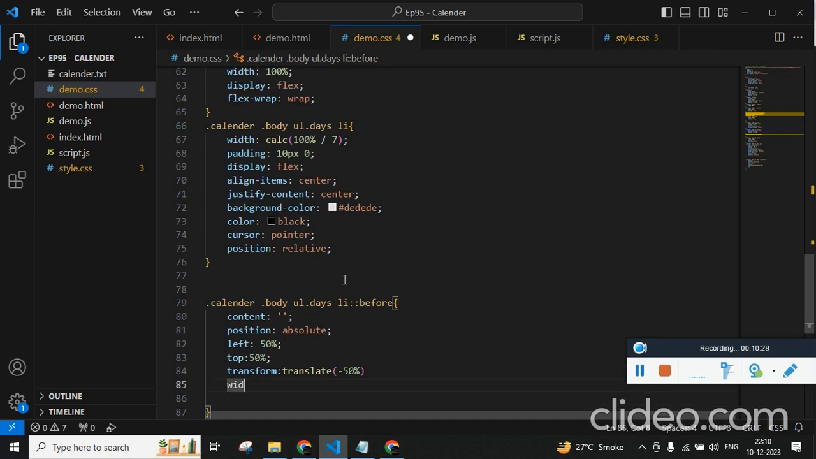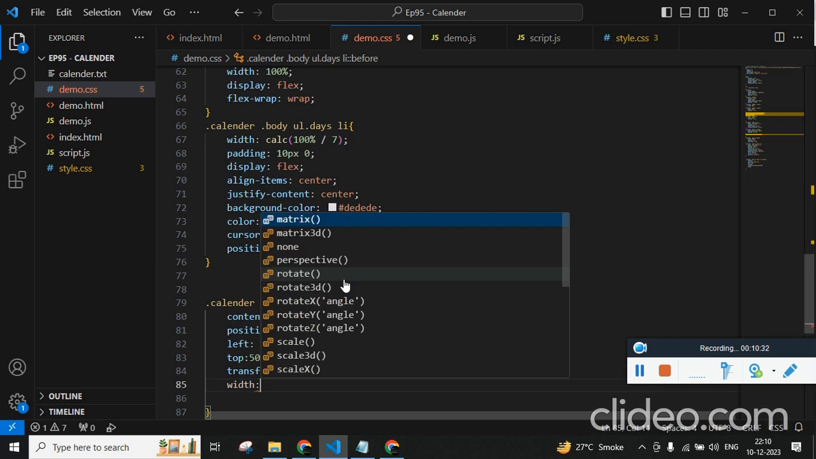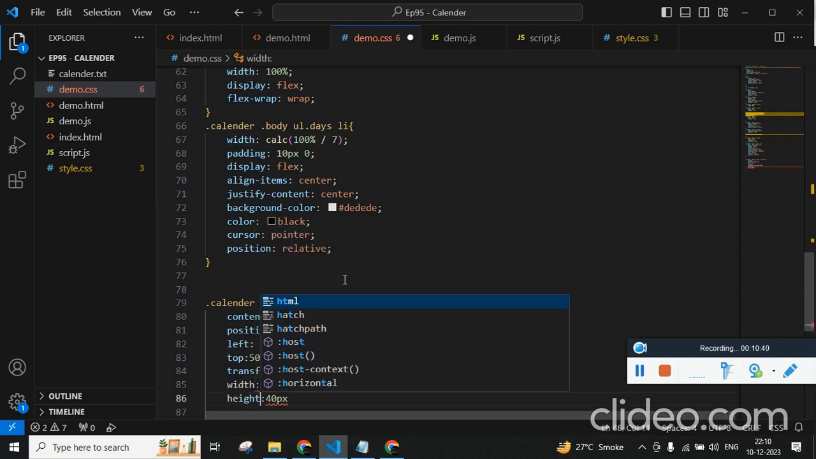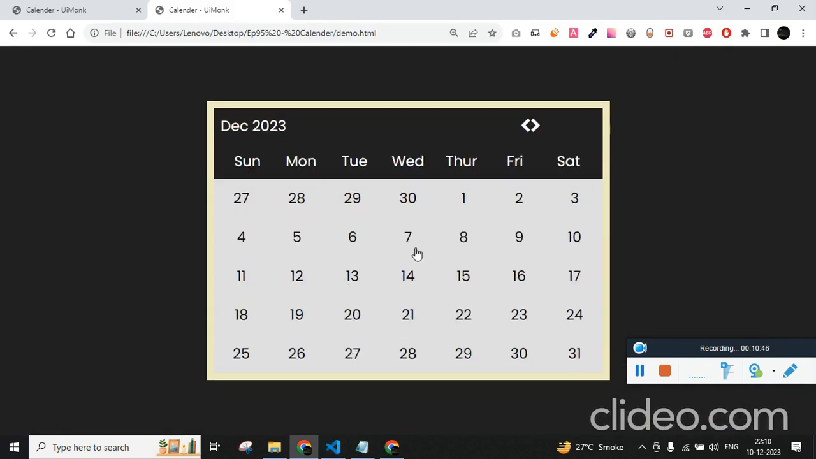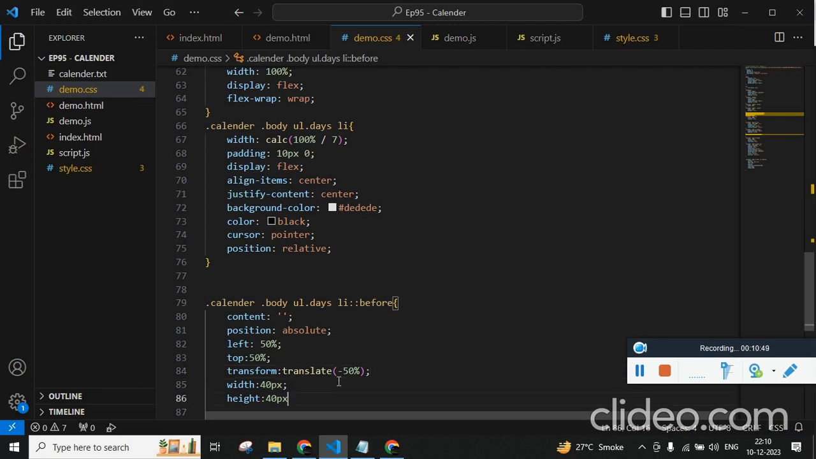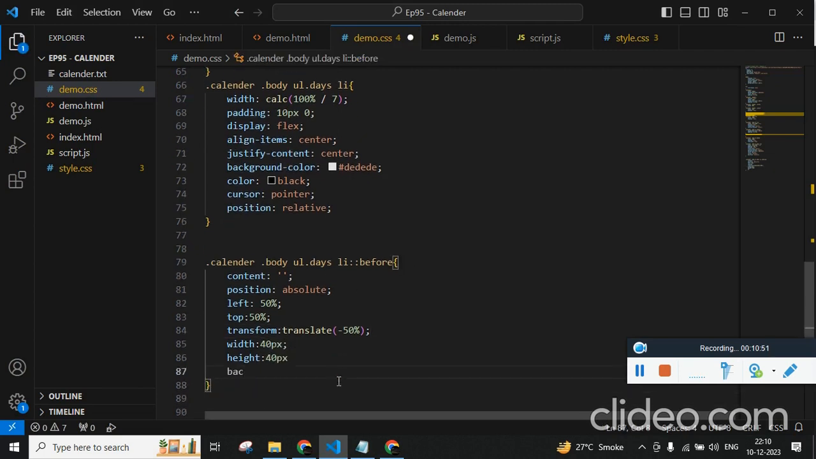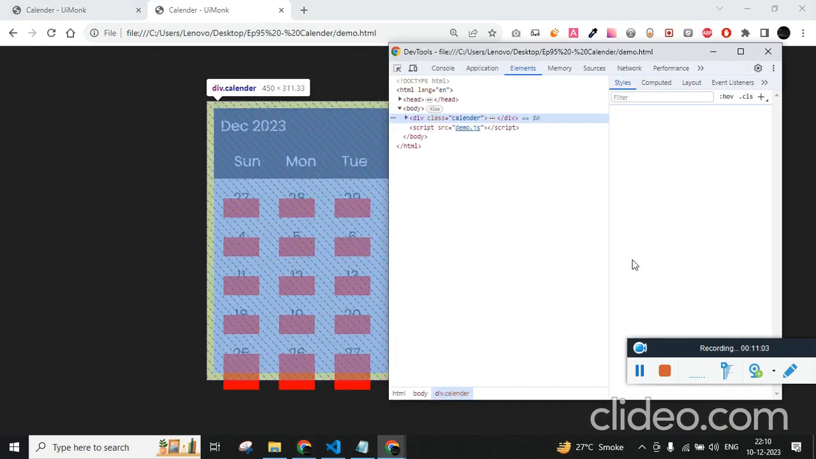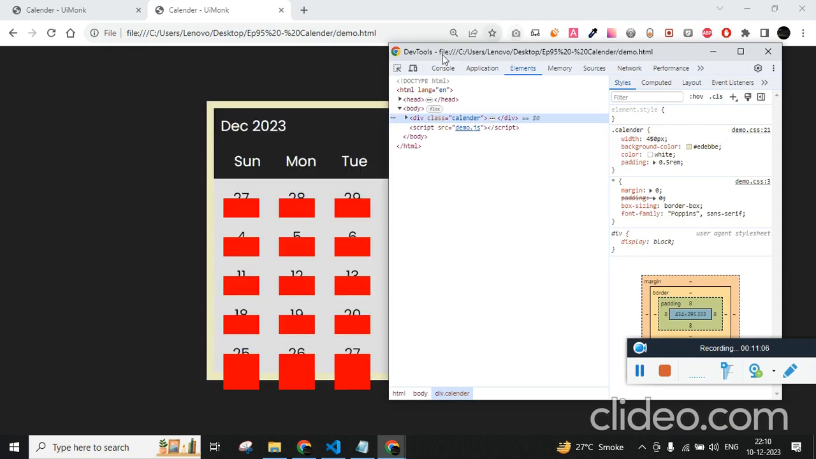We need to give width and height. Width of 30 pixel or let's say 40 pixel and height of 40 pixel. Don't forget to give semicolon or else it would be a mistake. So it's there, but to see we need to give background color red, and let's just get into inspect